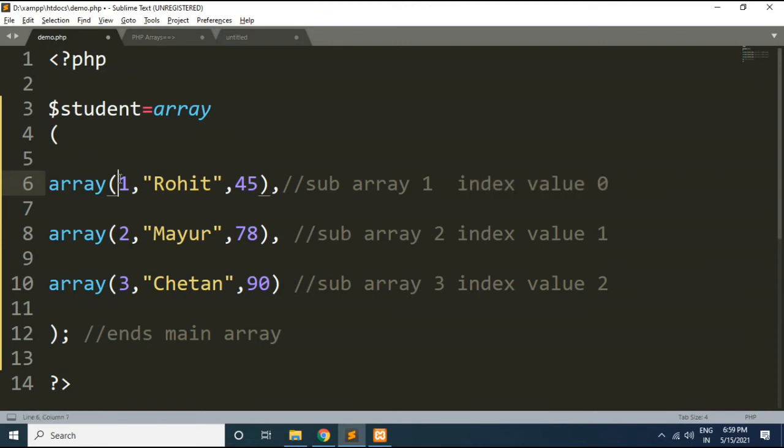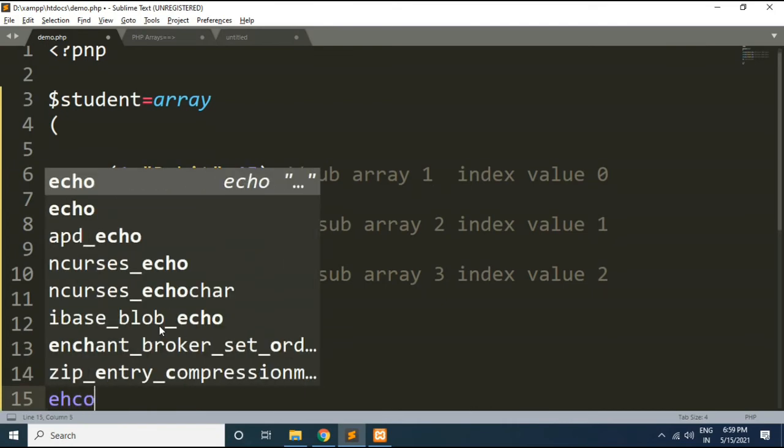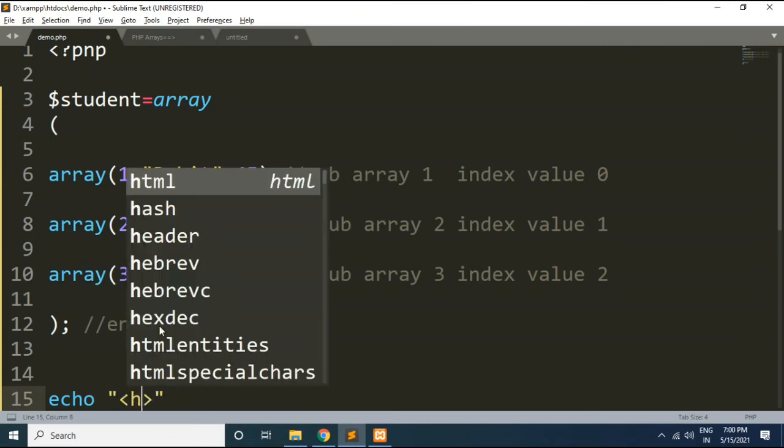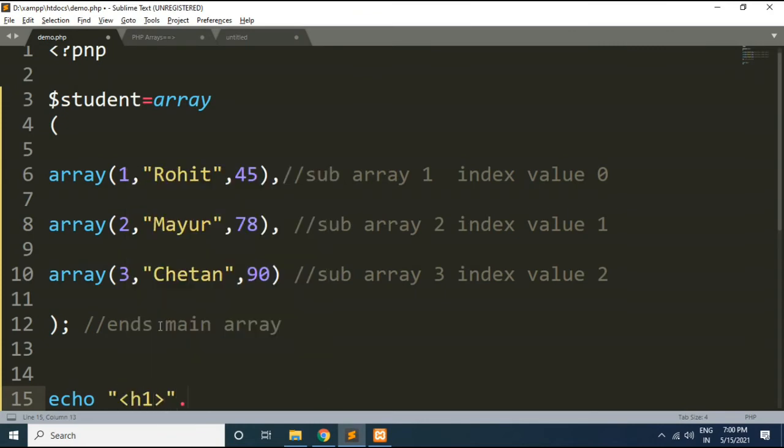Suppose I want to access this roll number from this first sub array. So what statement can I write? See here, I will write echo, I will use h1 here. Write down your array name, that is student. Okay, write down the index value of the sub array, 0.